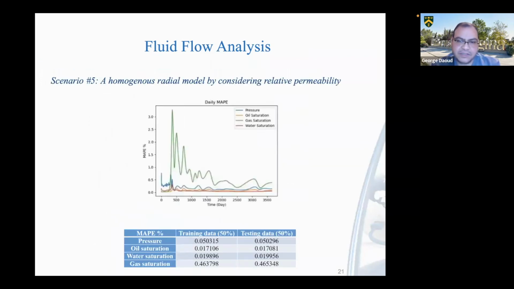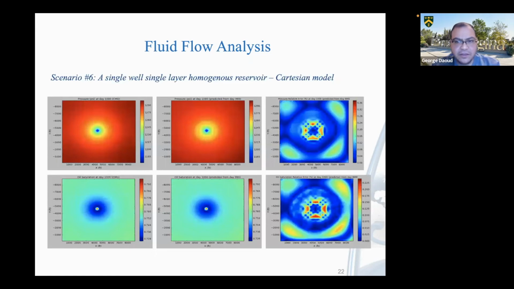And here's a summary of the successive prediction accuracy, or the error, and the 1-day prediction error. Next slide. Then we go to the Cartesian reservoir. For the Cartesian reservoir, for a single well, single layer, homogeneous reservoir, the simplest scenario, we proposed a model that can predict